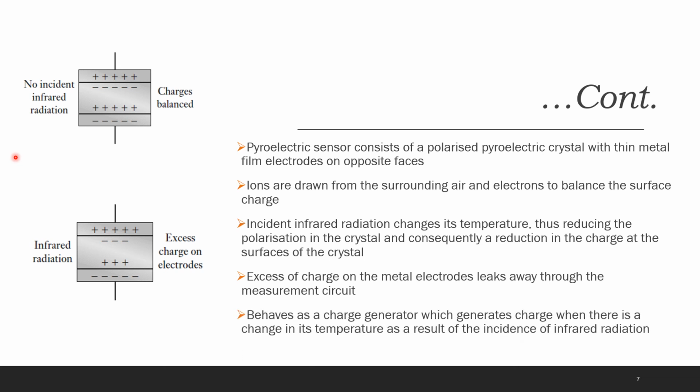Now this excess charge forms a potential difference across the pyroelectric material and it can be tapped to give a voltage. Now this pyroelectric sensor behaves as a charge generator when there is a change in its temperature as a result of the incident infrared radiation. Thus the pyroelectric sensor will detect a change in temperature by generating a corresponding voltage,